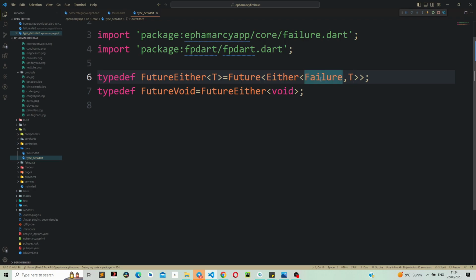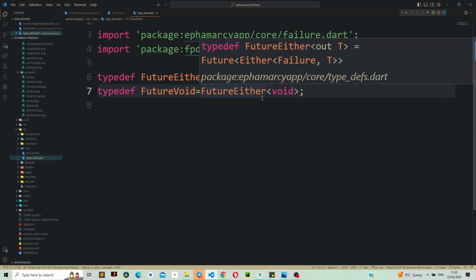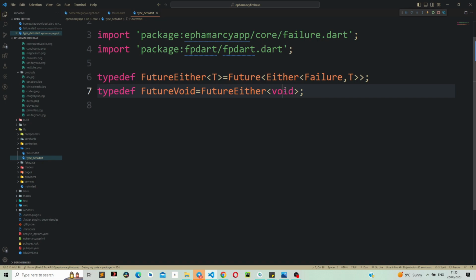For example, as you can see on the left-hand side, we have the Failure. So if there is a failure, we're only going to get the left-hand side, which is Failure. If there is a success of type T, we are going to get the success of type T on the right-hand side. I also defined another type definition, FutureEitherVoid, which is FutureEither. This one is just going to return a void. So now let's go into our services